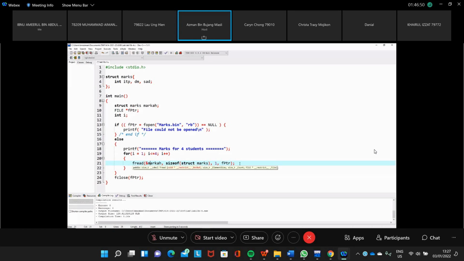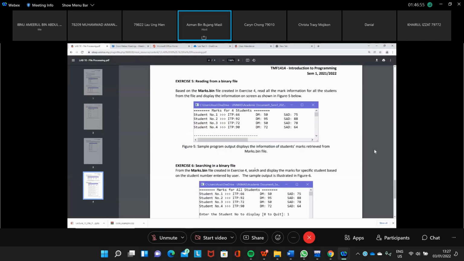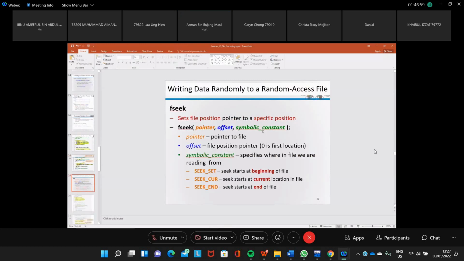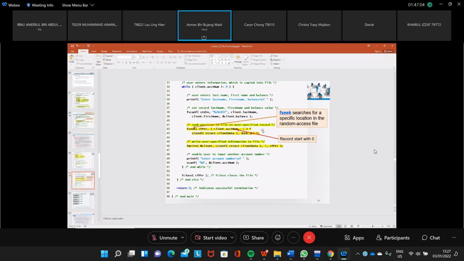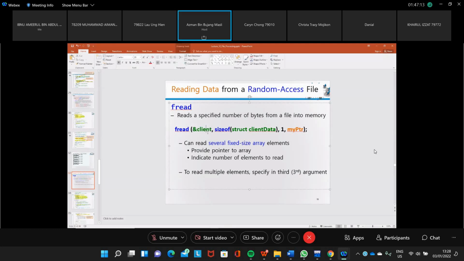That is fwrite, and then fread. Where is fread? Okay, we have this: the structure variable, and then the size of your structure, and then how many records you want to read, and then the pointer to your file.